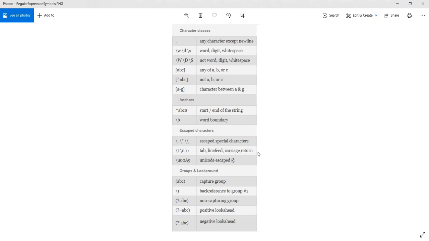So you people should be aware of all these characters. These are commonly used in all the languages. If you do not know about them and you do not know much about regular expressions, you can go and Google it. But these are some various ways, and they are very well defined over here.